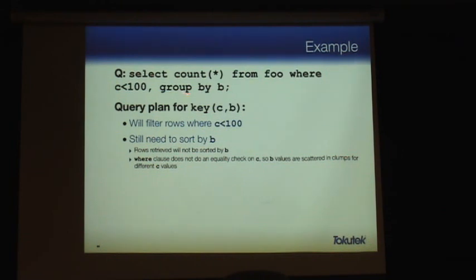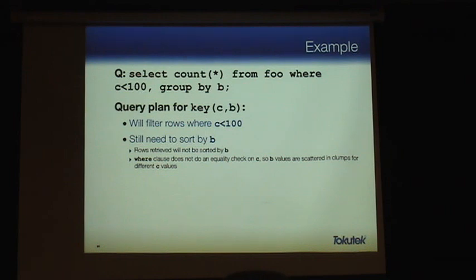The reason is because C here is not an equality check, the values of B are scattered in clumps for different C values. So for instance, all the values of B where C is equal to 0 are going to be sorted. Where C is equal to 1 are going to be sorted, 2 are going to be sorted, 3 are going to be sorted. But all the values of B taken collectively for where C is equal to 0 and 1 and 2 and 3 and so on all the way to 99, that's not going to be sorted. And as a result, this query plan is going to require a sort on B